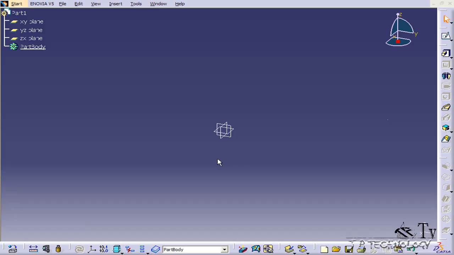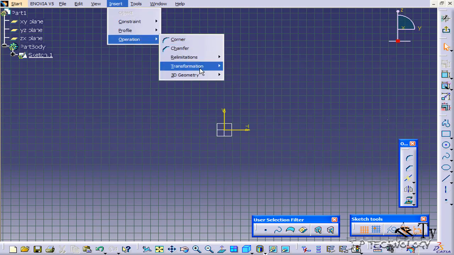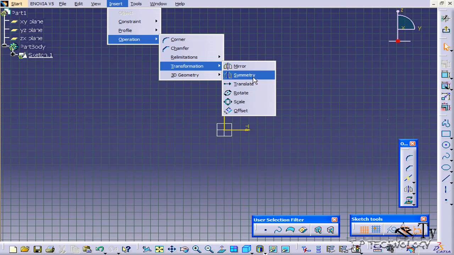This is tutorial number 23, and it covers how to use the Symmetry Sketch feature within CATIA V5. To start off, open up a new CATIA V5 part file, and once you've done that, let's go into the Sketch workbench. So let's click Sketch and click any of the planes. Now what we're going to be going over is the Symmetry Sketch feature. You can find it in this toolbar here. This is the Symmetry Sketch, and if you go to Insert, Operation, Transformation, you can find the Symmetry